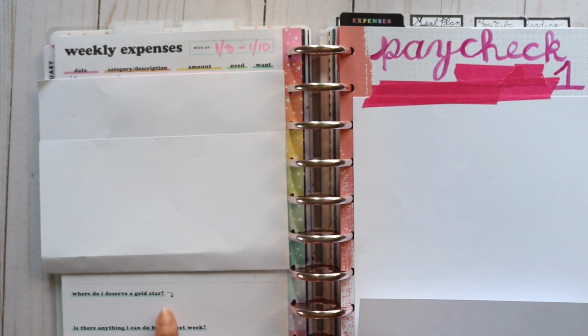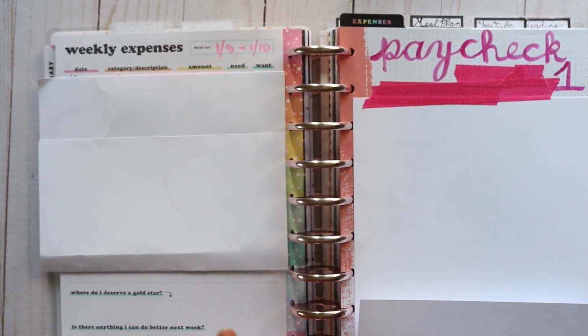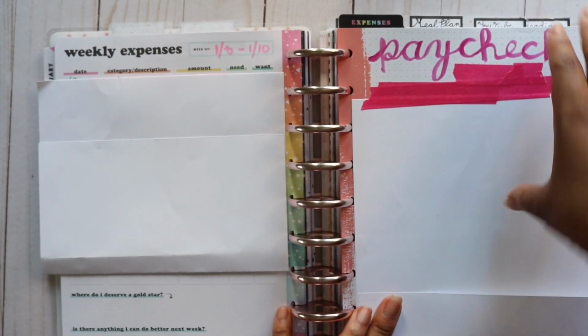And then at the bottom it has a couple prompts. Where do I deserve a gold star? Is there anything I can do better next week? So I plan on coming on Thursday morning before I go to work, or Friday morning, writing in how I felt and all that. And then what I also did is I took a